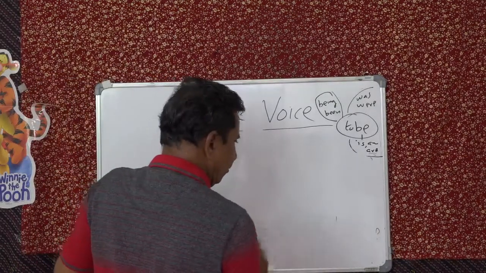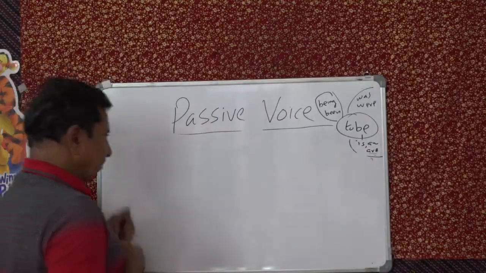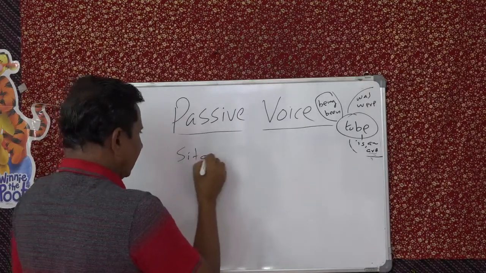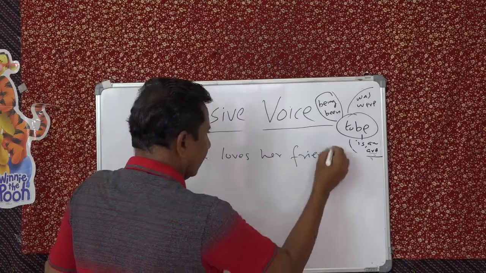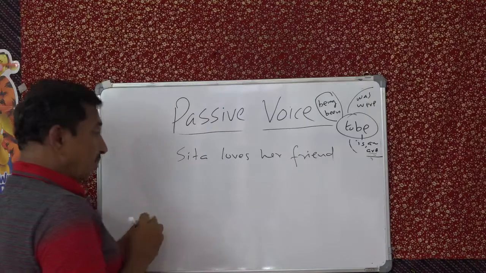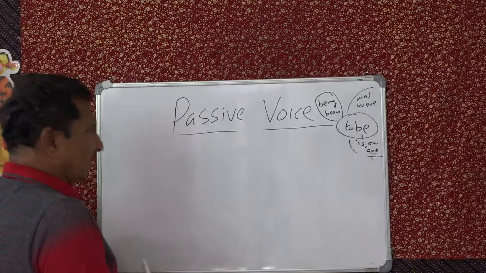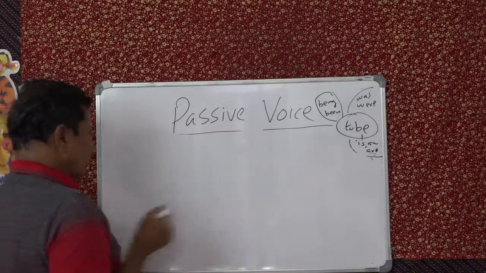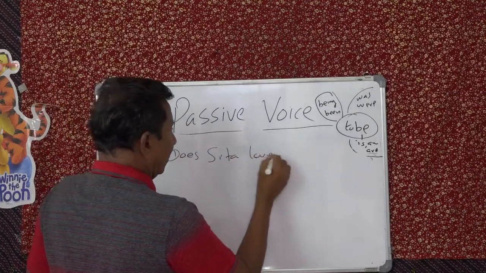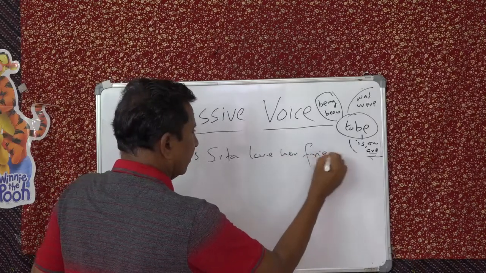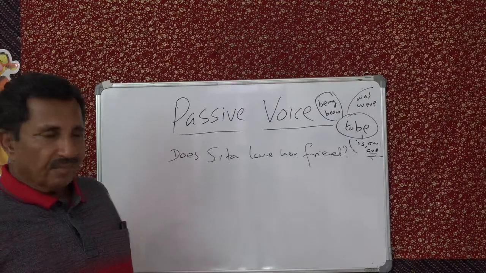Sita loves her friend. Then you have to make it a question. Same, we have done it. So still we will take this as an example. Does Sita love her friend? Question. So what will be the answer, without these steps, you can say